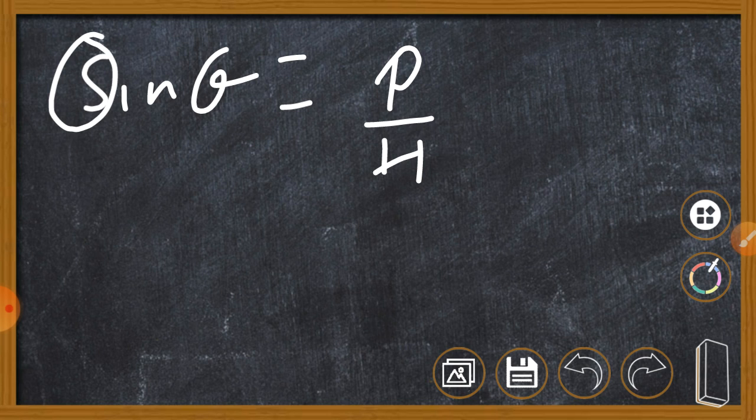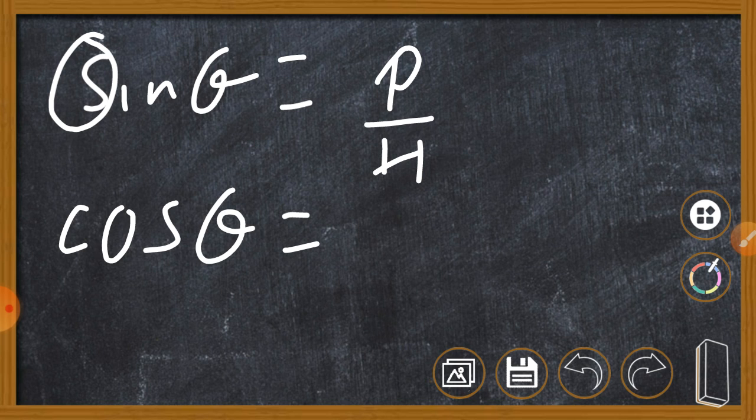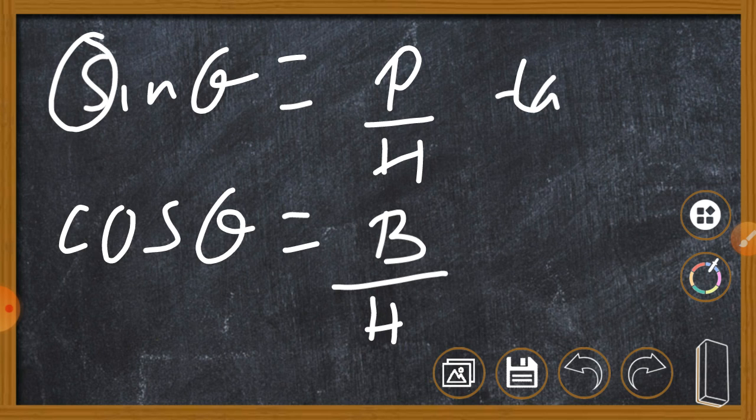This is the first thing. Curly brown hair: c of curly becomes cos theta, b of brown becomes base, h of hair becomes hypotenuse. So cos theta is equal to base by hypotenuse. Turning: t of turning becomes tan theta, p of permanently becomes perpendicular, and b of black becomes base. Some people have curly brown hair turning permanently black.